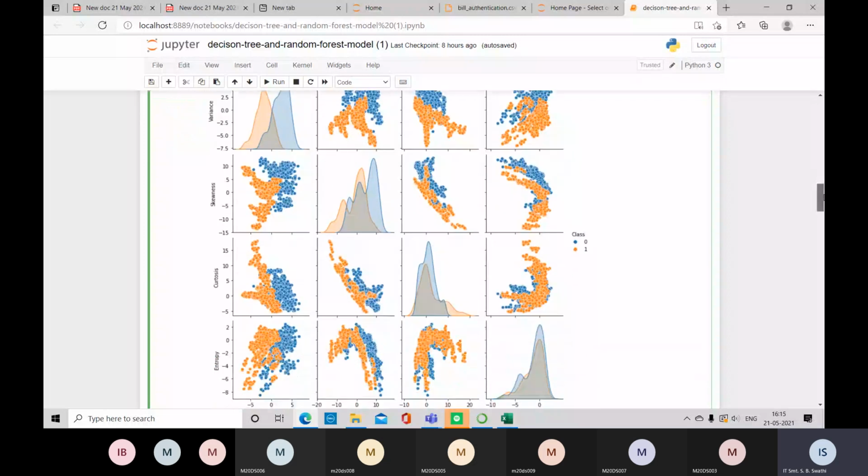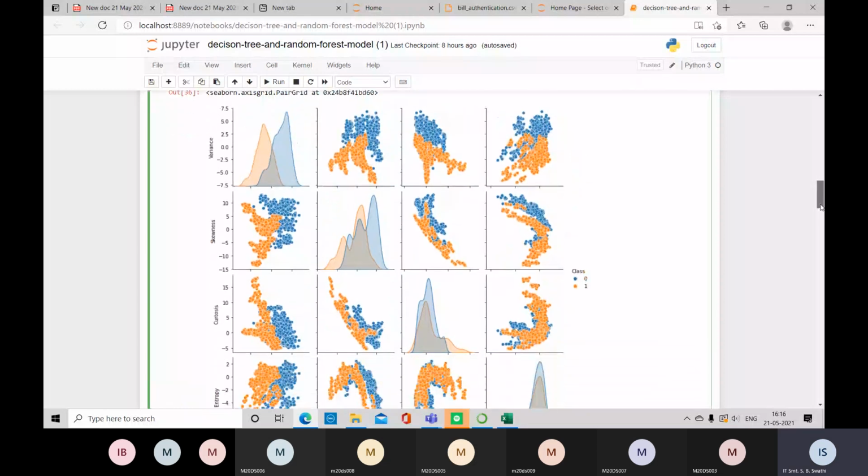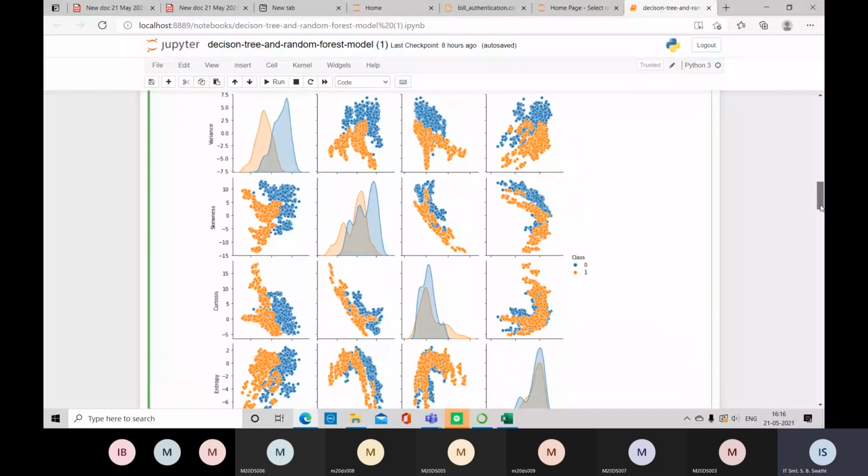Now, what this indicates is that a pair plot is drawn for each and every attribute. See, other than class, we have four attributes, 4 columns.